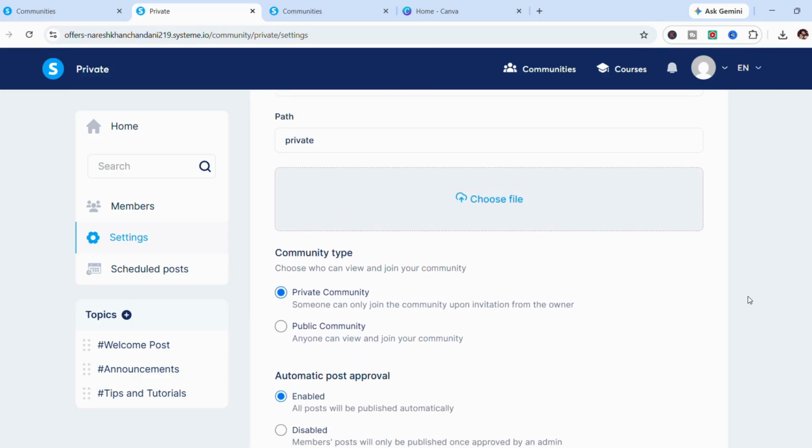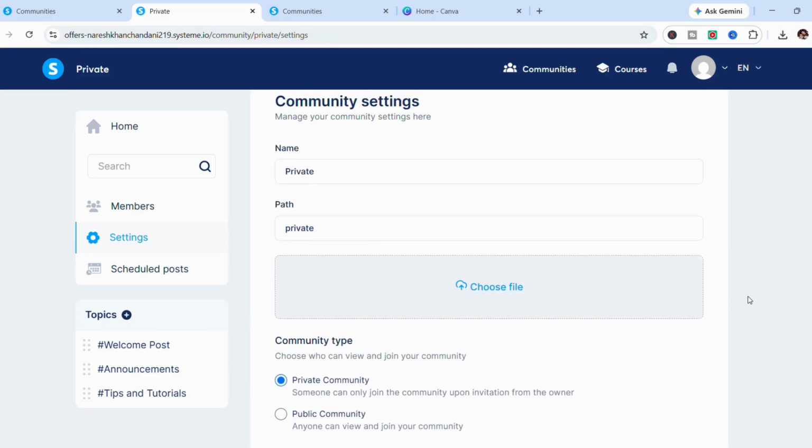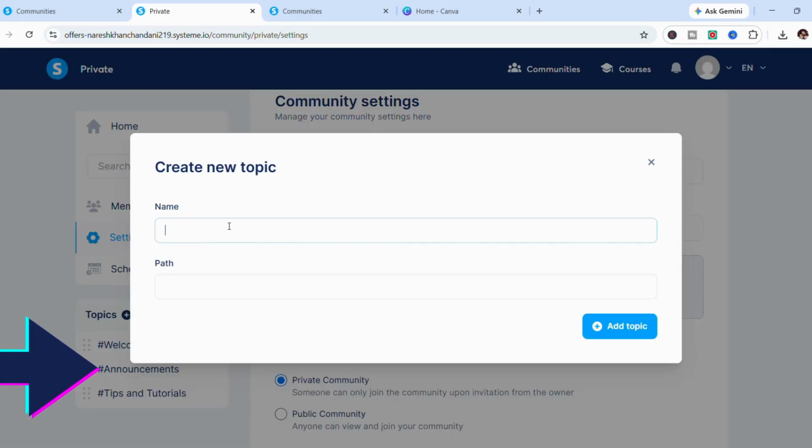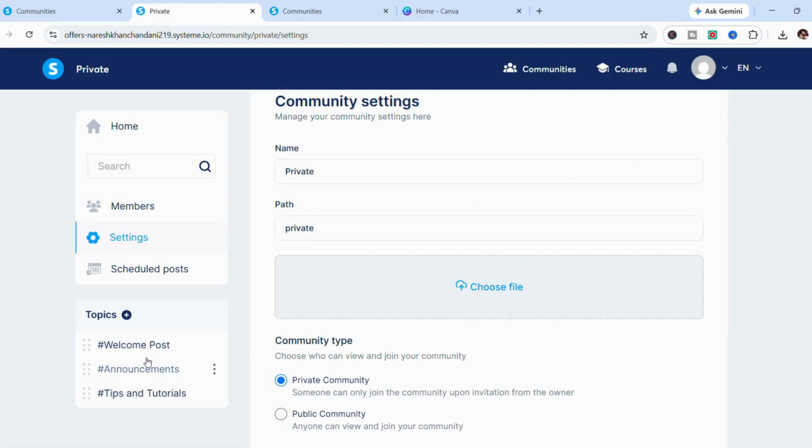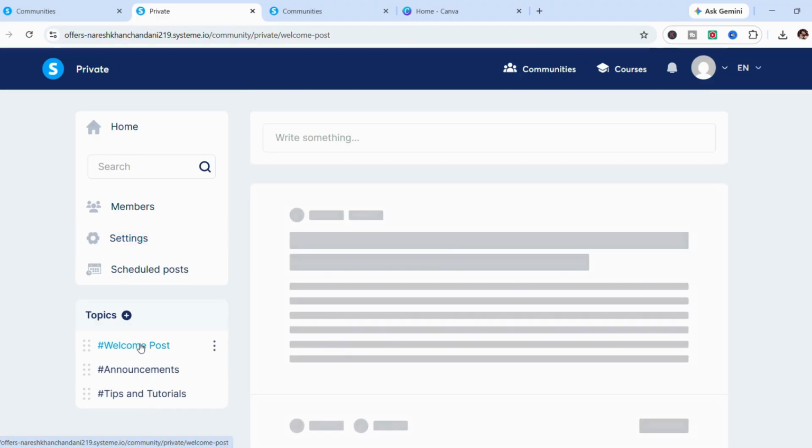Step 3. Next, create your first content. Depending on the options available in your account, you can publish welcome posts, announcements, tips and tutorials, resource links, discussion topics. Start with a welcome post that introduces new members and explains how they can get the most value from